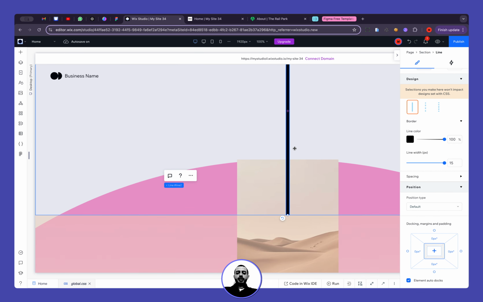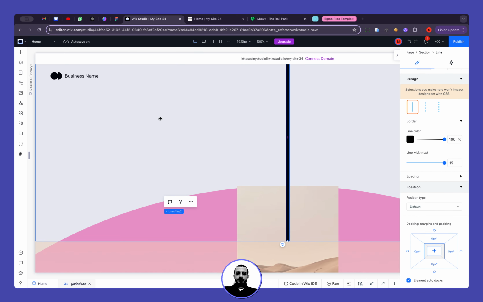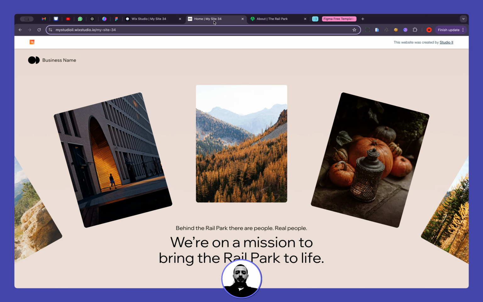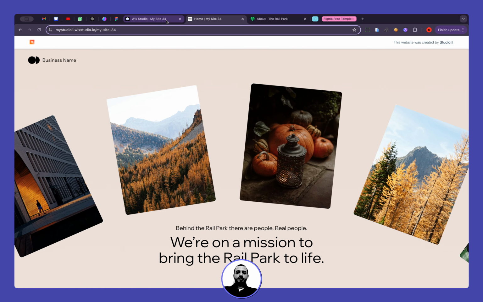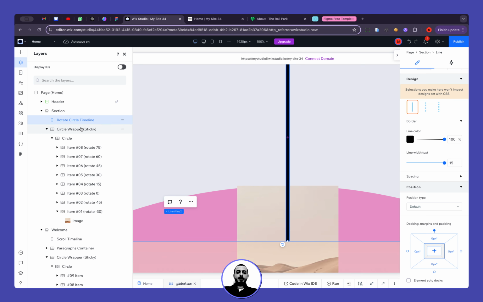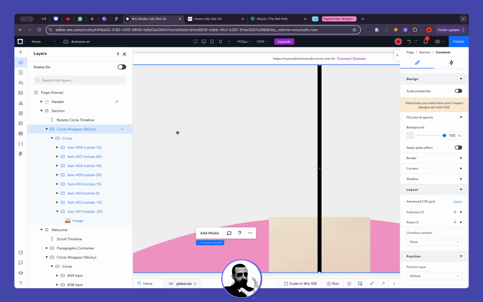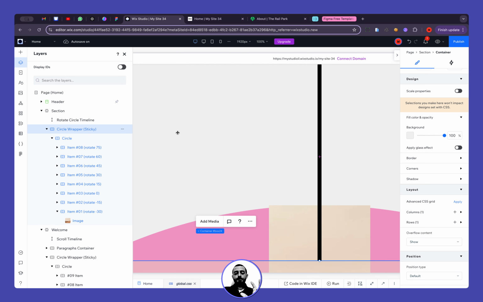So I will put it in the center at the moment. It's a direct child of the section, and I want it docked to the top, and for elements to be able to be sticky,